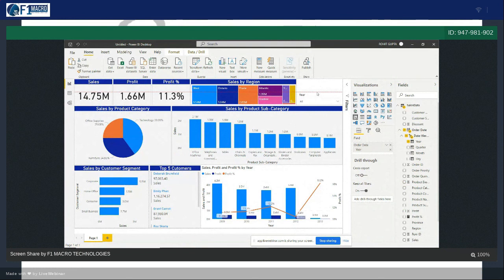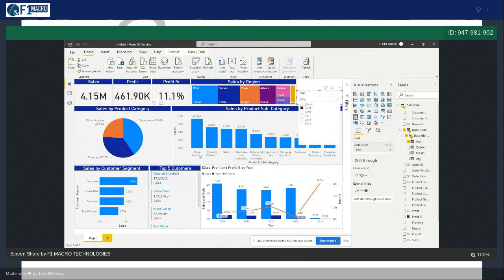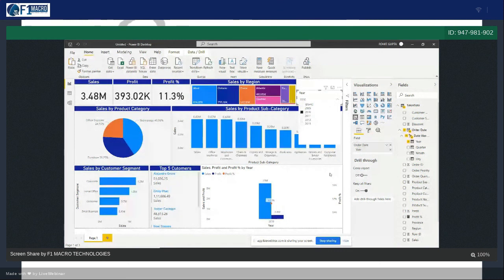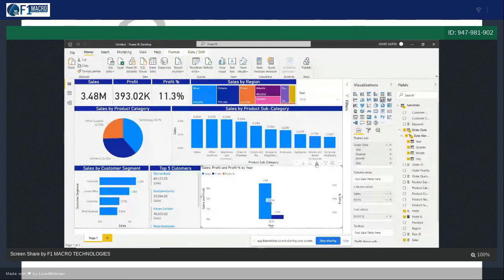Minimize it. For example, if I select 2009 over here, once I select 2009, the whole dashboard will be refreshed for 2009. In Excel, you don't have such features. I talked about interactive, so this is interactive. I clicked on 2009, you will be able to see only 2009 numbers. I clicked on 2010, you will be able to see only 2010 numbers. Now you can click and go to the next level of hierarchy. You will be able to see only 2010 numbers, quarter wise, month wise, day wise.